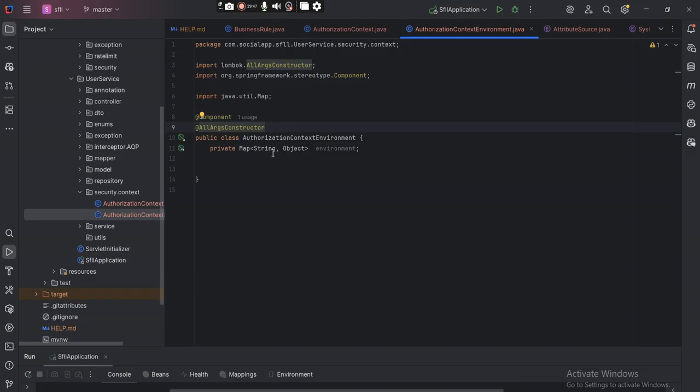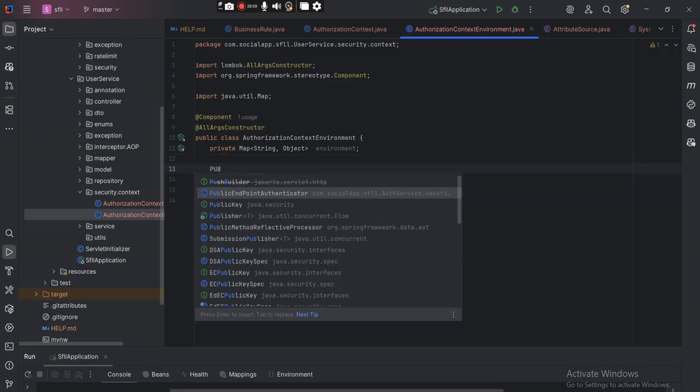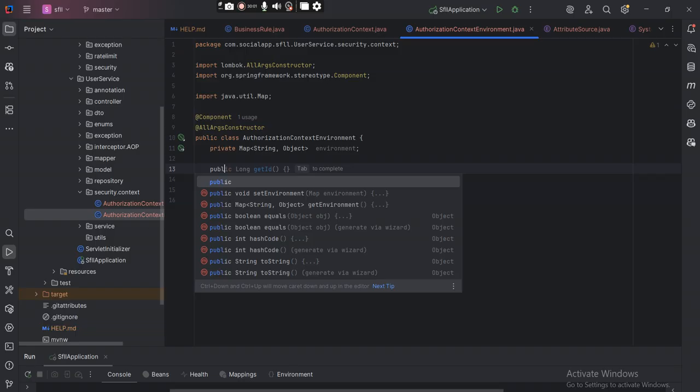Each time we initialize this, we need to construct it. Then we'll have to add a public get, public method. Like public, the constructor sets the